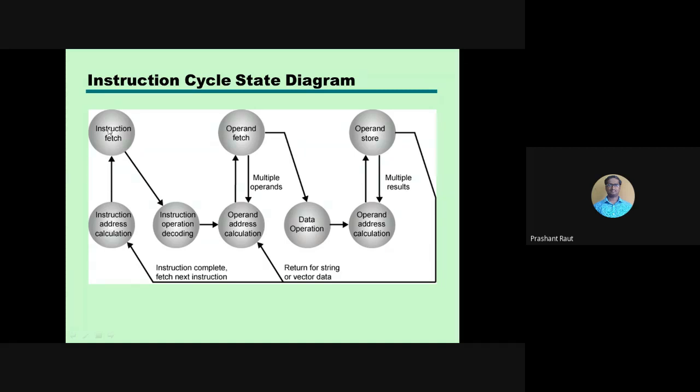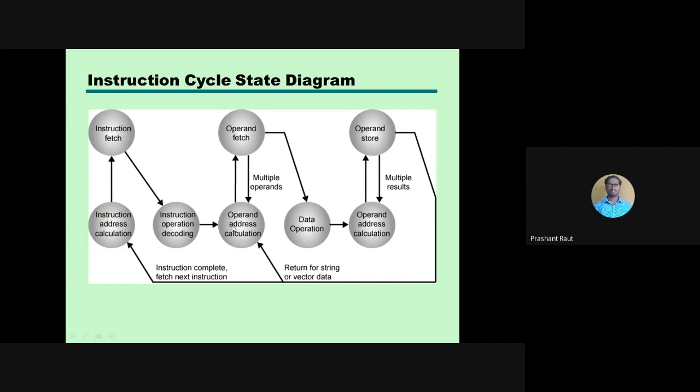Then at the second state you fetch that instruction. Then at the third state, instruction operation decoding, you decode your instruction and read the opcode and the operands.